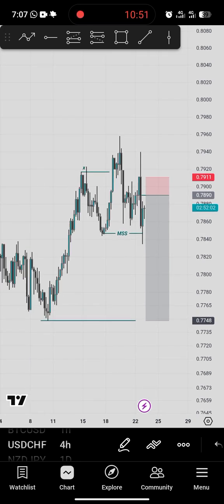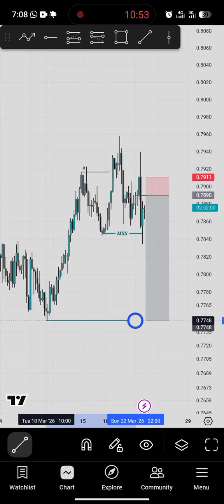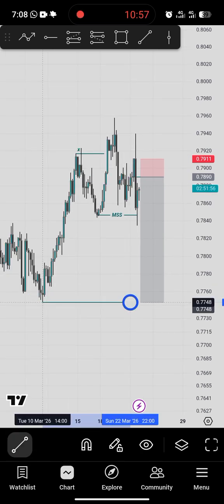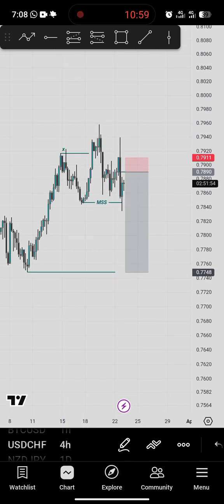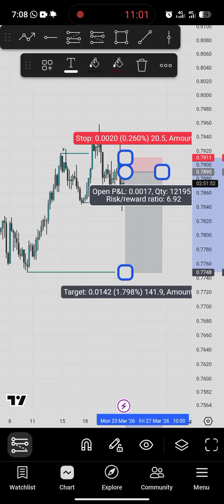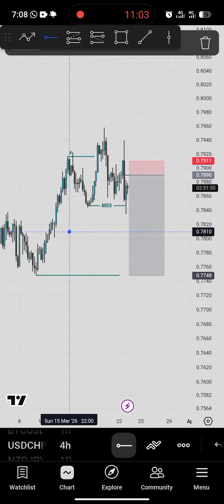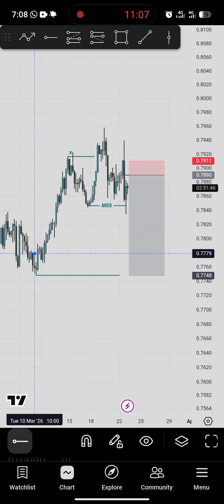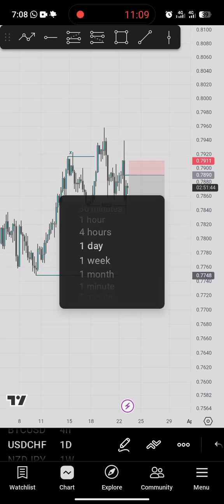So thank you. Don't forget, when you enter from that place, just target this place. It can take you 2 days, 3 days to reach this area, but don't panic. All you have to do is target this place, because there is no other block to support any buy here. So we have to complete